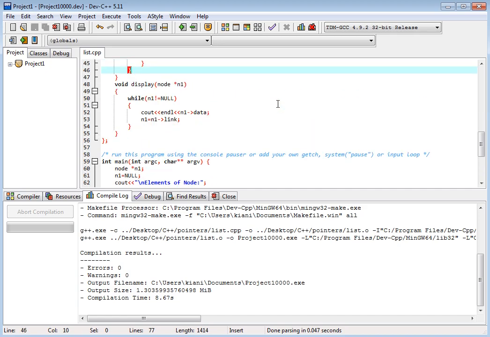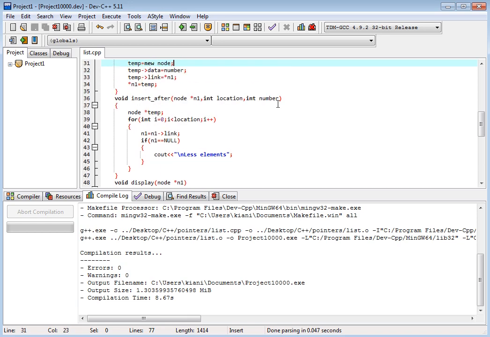Okay, now we compile it. So you see, there is a problem. It has not inserted anything. Why? We have not assigned the data.